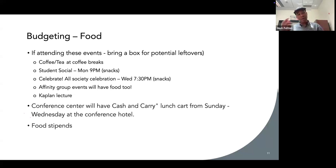But that is to say, if you are attending some of these events, you might want to bring and pack a little small Tupperware in case you get hangry. Myself, I get very hangry, especially after watching talks all day. If I don't have myself a little croissant, you don't want to talk to me. That's a joke, but long story short,